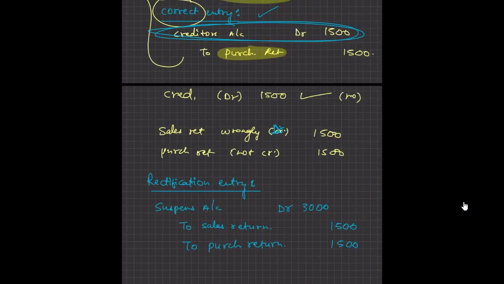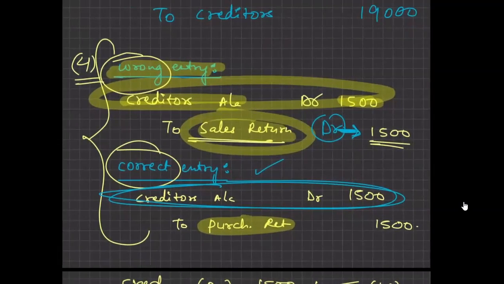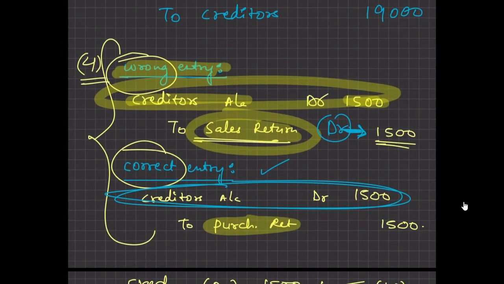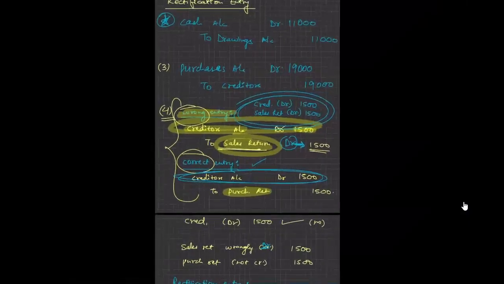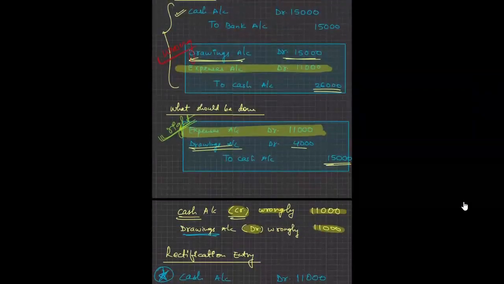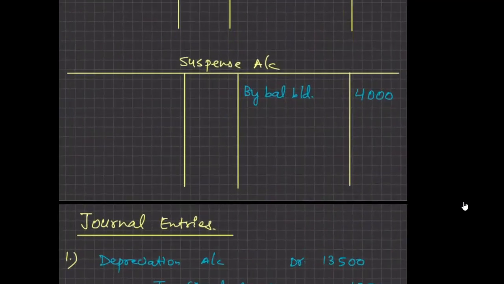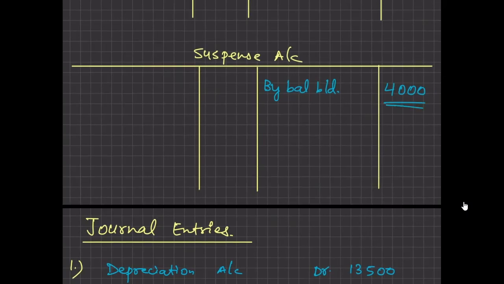So let me repeat this. The wrong entry which they did, they debited the creditors by 1500, and they also debited the sales return account by 1500. So this is the reason of main difference in the account. So if you look at the suspense account, where is my suspense account? Here it is. Here they have a balance of 4000. So out of these 4000 balance, 1500 relates to this adjustments of sales return account 1500,